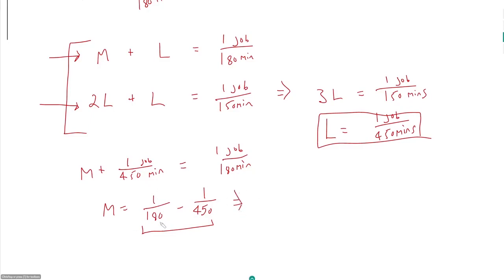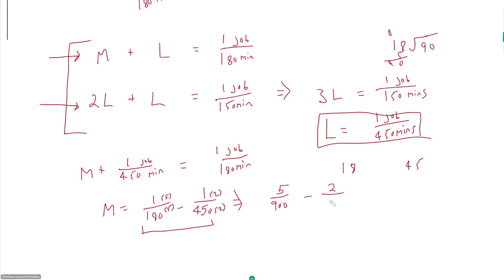But what we do have to do is we need to get a common denominator. So what is the common denominator between 180 and 450? It should be similar to just getting a common denominator between 18 and 45. And I believe 18 goes into 90 5 times. So if 18 and 45 have a common denominator of 90, 180 and 450 should have a common denominator of 900. So I need to multiply this by 5 over 5 to get a common denominator of 900 here, and a 2 over 2, to get 900 over here, and I have 5 over 900